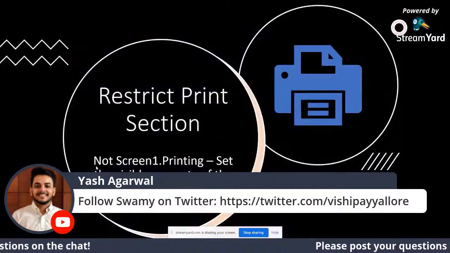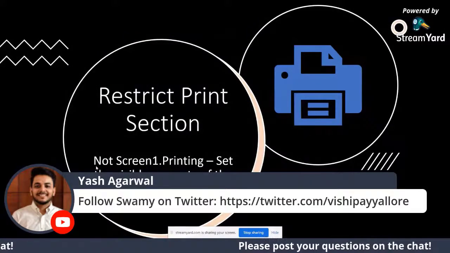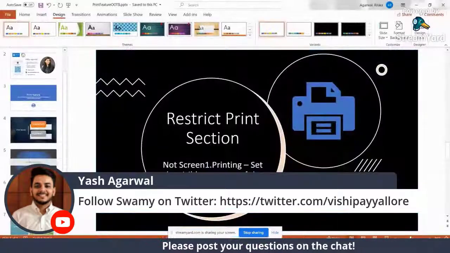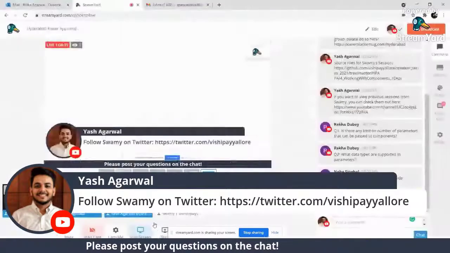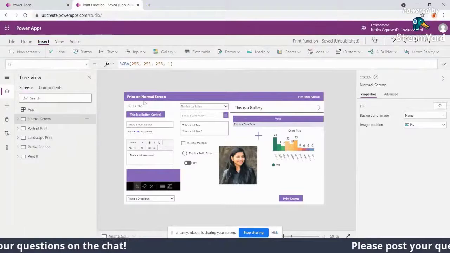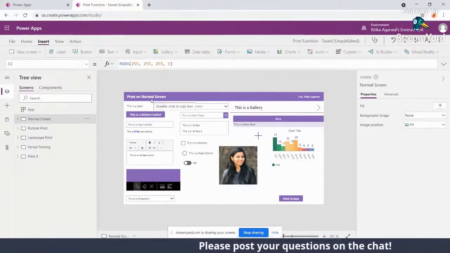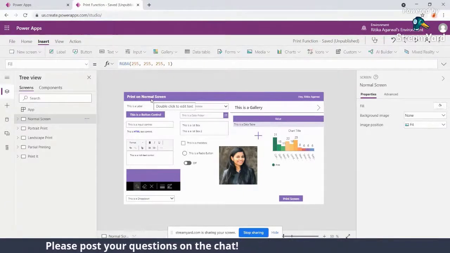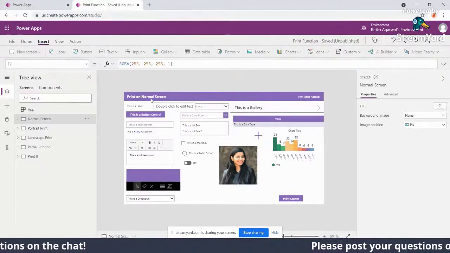Now, before we go into the restriction part, let me go back and quickly show you what we have done here. I have created a Canvas app, and in this app I am basically showing a screen. I have categorized a few things.